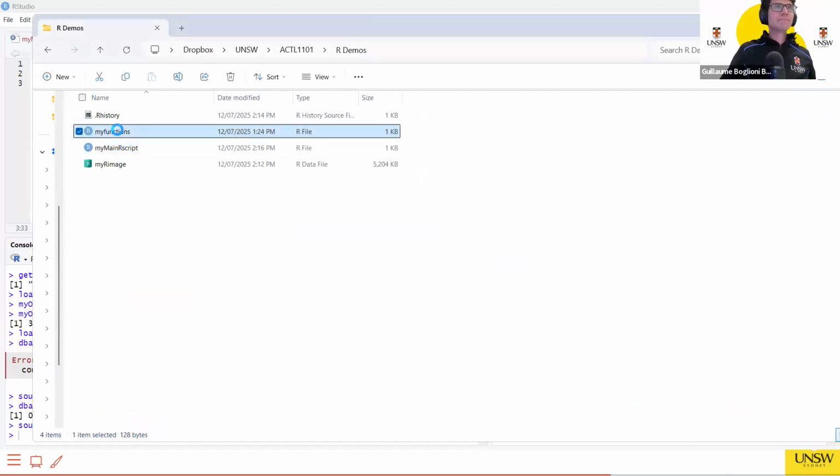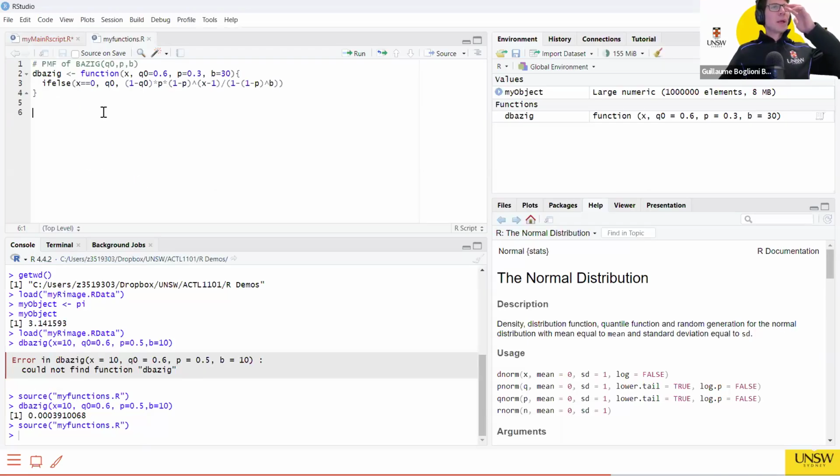My functions here. But I was just saying, you could have lots and lots of functions there. Maybe you put all the functions for a given task, like a given assignment, in one file, one R script, and then you have another script that calls those functions and solves the assignments, for example. Maybe for your assignment, you don't really need two scripts, but